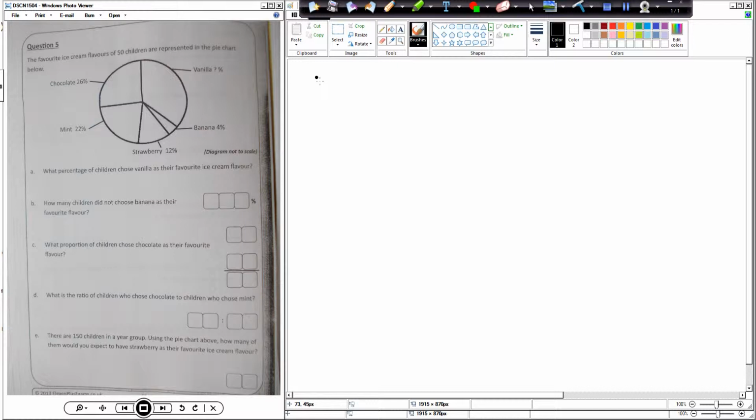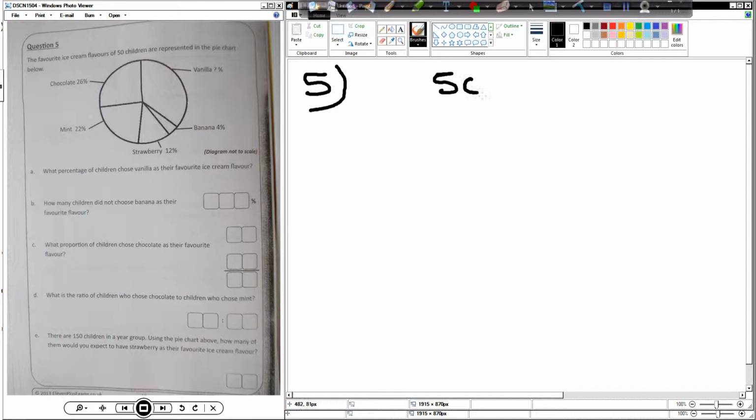Okay, question number 5 now. Question number 5 is looking at a percentage pie chart. This is quite popular on these CEM papers. The favorite ice cream flavors of 50 children are represented in the pie chart. Okay, so we have 50 children represented in a percentage pie chart. And the percentage pie chart is equivalent to